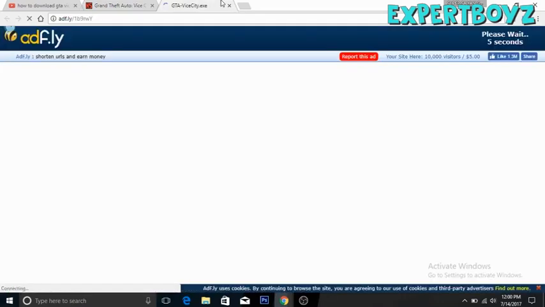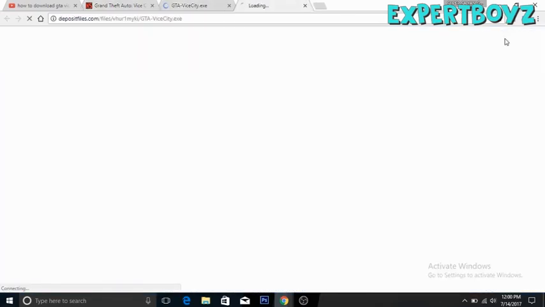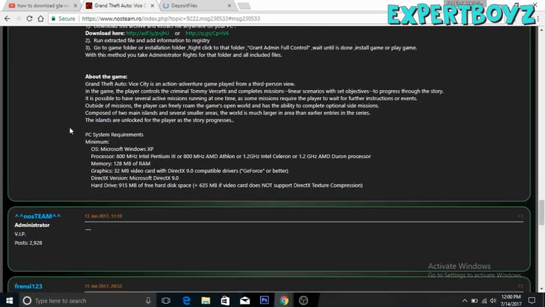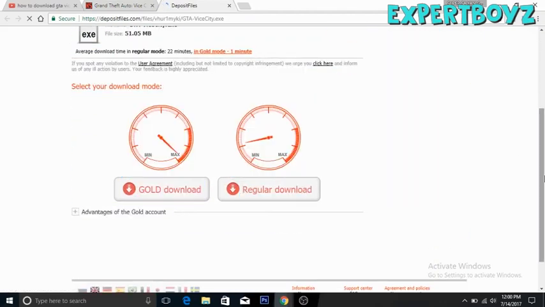Now basically we'll go here. First of all, we will go on GTA Vice City, the full game. We will skip the ad there. It will tell you to skip the ad. You have to wait for 5 seconds and skip the ad, and let it load. Also you guys can read the minimum PC requirements, and every single PC can support this game. It's not that big a game like other GTAs. It's low end, any low end PC person can play this game.